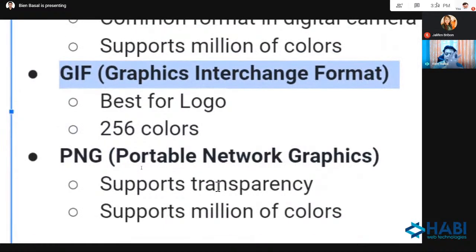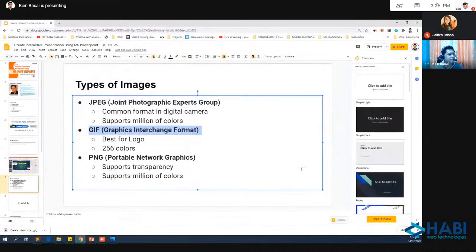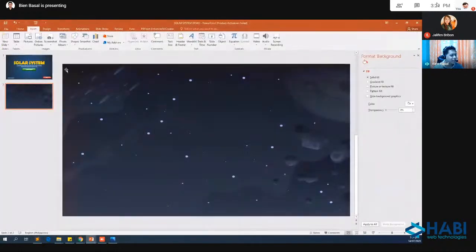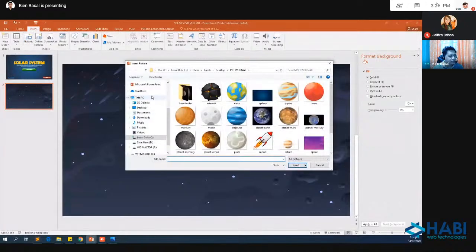We have here the PNG, Portable Network Graphics, almost similar with JPEG, except that this one supports transparency. You have a transparent background. Kung yung inyo pong image is, for example, planet Earth, rounded yung Earth, so square po siya, yung mga portion po na may space doon, that will be transparent. Of course, you need to use photo editing application for you to be able to change a JPEG into a PNG format. Okay? That will be discussed sa Photoshop sa next week. Anyway, yun lang naman po. I will now proceed here. I will now insert pictures.